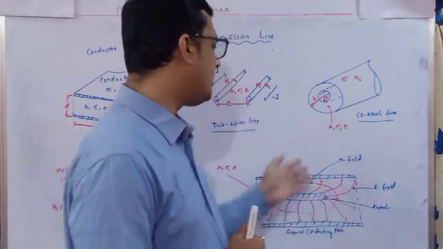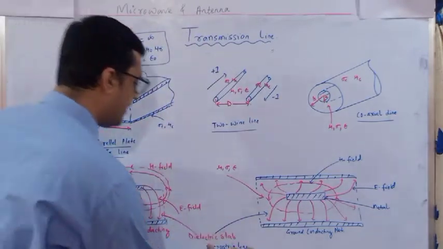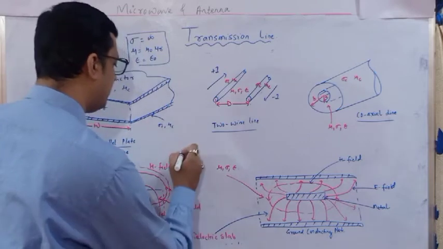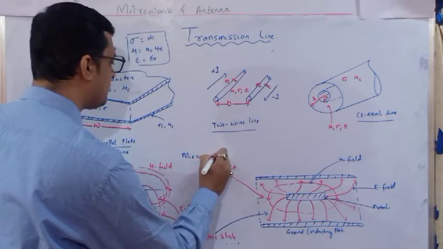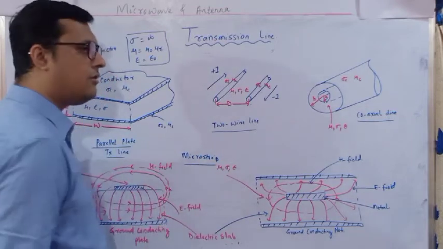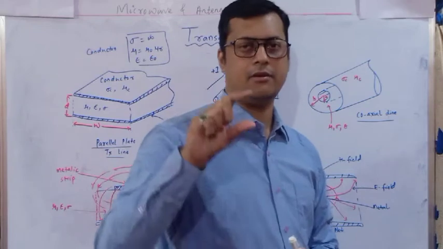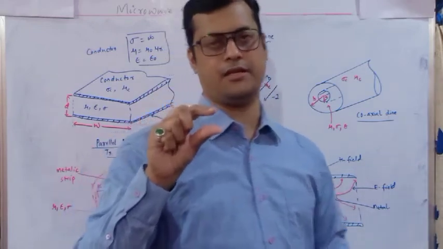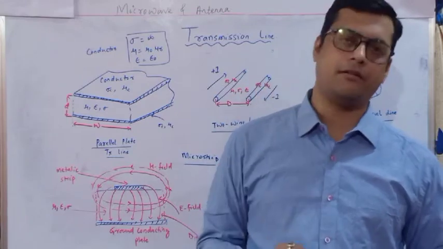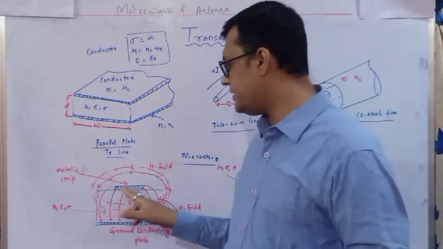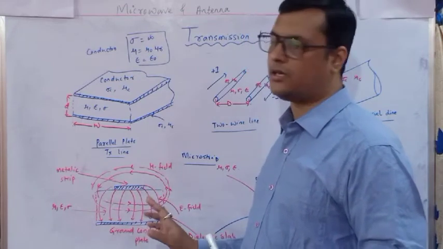Okay. Similarly, now these two are the microstrip line. Okay, let me write this one once again. It may not be visible for you people. So it is a microstrip line. Microstrip line means a ground conducting plate will be there, above it one thick substrate made up of dielectric, and above that one small metallic plate. Now this is our metallic plate, this is the dielectric slab, and this is the ground conducting plane.